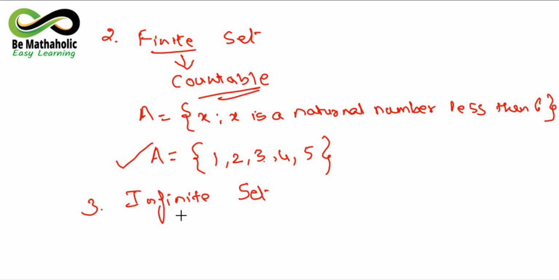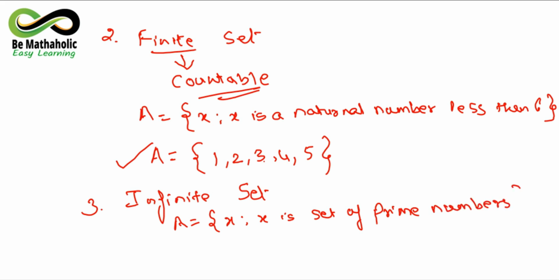So the best example will be what? All of you must be knowing, x is such that x is a set of natural numbers, or you can take it as x is a set of prime numbers, right? So what will be your answer? Now they are saying x is a set of prime numbers. Prime numbers go on infinitely. So you may have any example. आप इसको इस तरह से भी लिख सकते हैं.